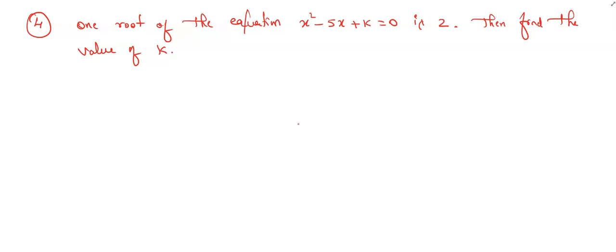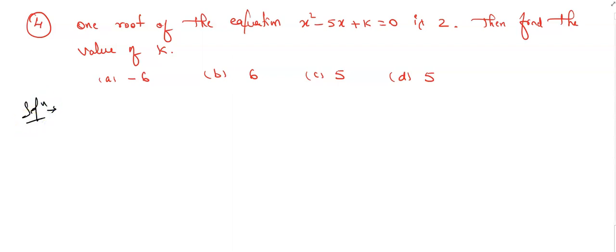They are asking us to find the value of k in this problem. How will you solve if the question is like this? Children, this is an examination question. It has appeared in the exam. Here they have given the options. It appeared in choose the correct answer. The options they have given are: option A minus 6 and option B plus 6. Option C is 5 and option D is also 5. So this is an examination question. In the exam they have asked this question.